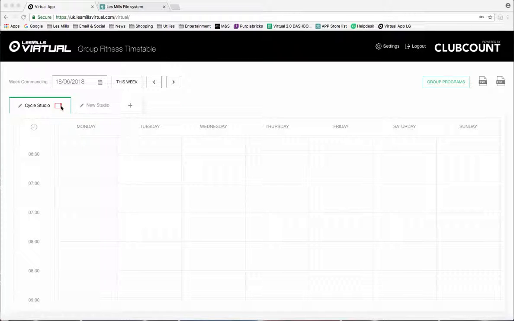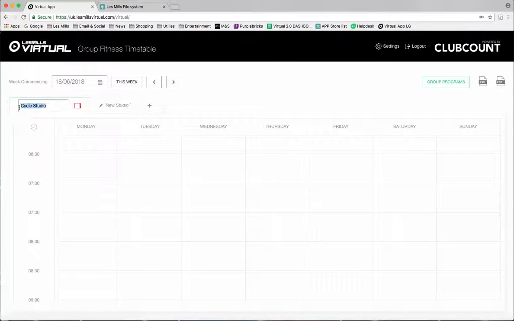with an iPad. You can change the name by clicking on the pencil and then typing what it is, and then just click somewhere else. This will change what it says up here. It will take approximately 2 minutes to update on the app, as long as the app is on and connected